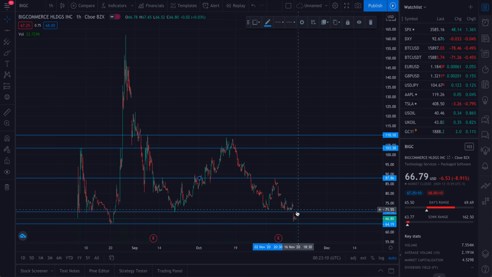So this is going to be one that I will be watching this week. I want to see how it will play off of these lines of support and resistance, and I think this is going to be a good example for you guys to see. If it bounces here on this initial line of support, I will see it go back up, break through here, and test this other level at $87. With some good volume, it will definitely break through and test the 103 level once again.